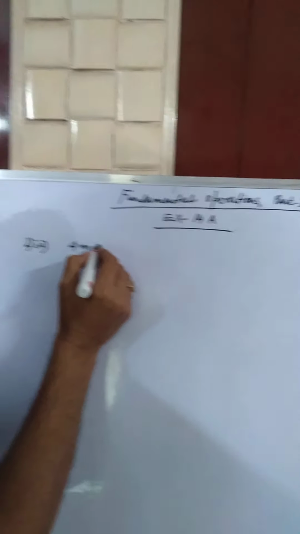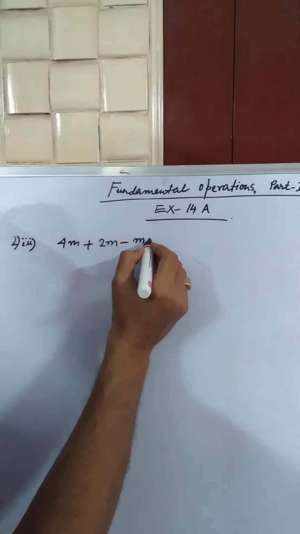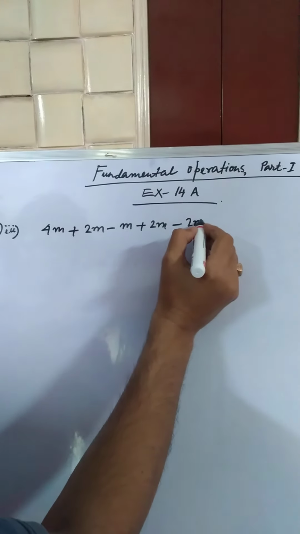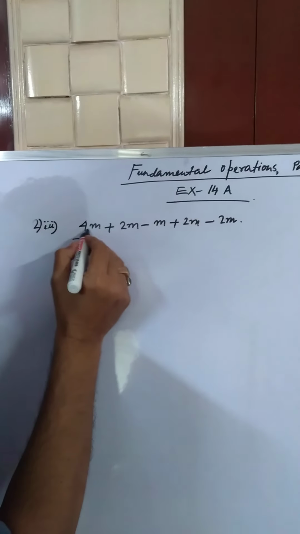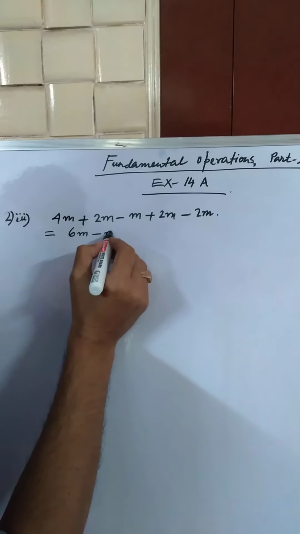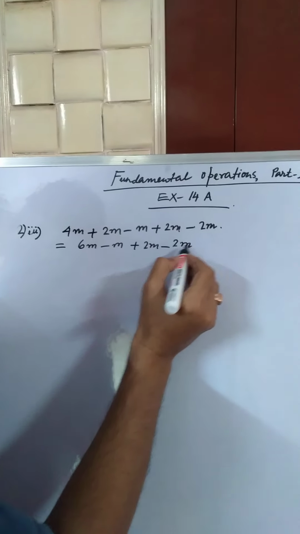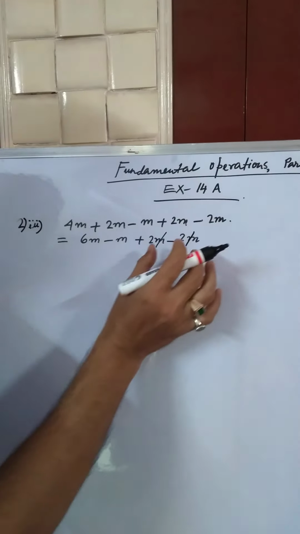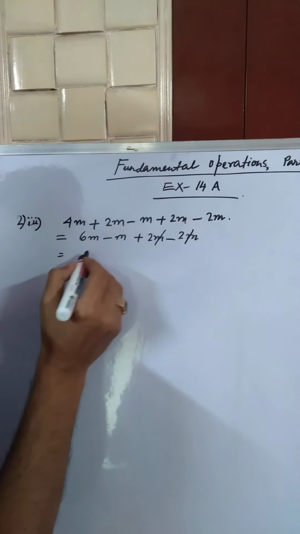4m plus 2m minus m plus 2m minus 2m. So 4m plus 2m, addition, 4 plus 2, 6m minus m. Plus 2m and minus 2m cancel each other. The result is 0. Now 6m minus m. m means 1m. So 6 minus 1,